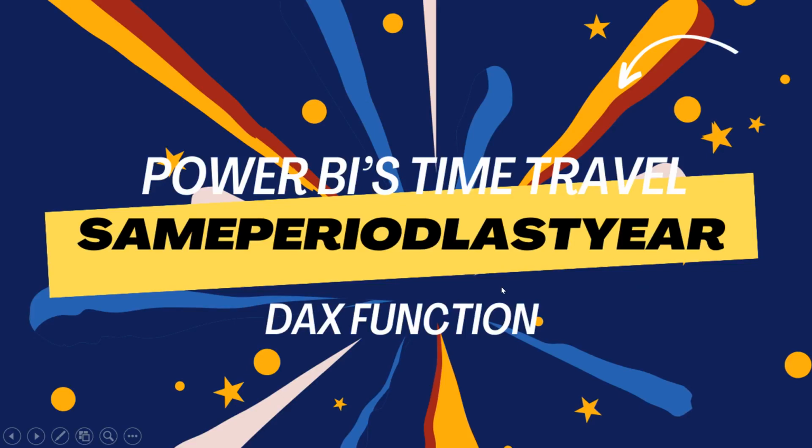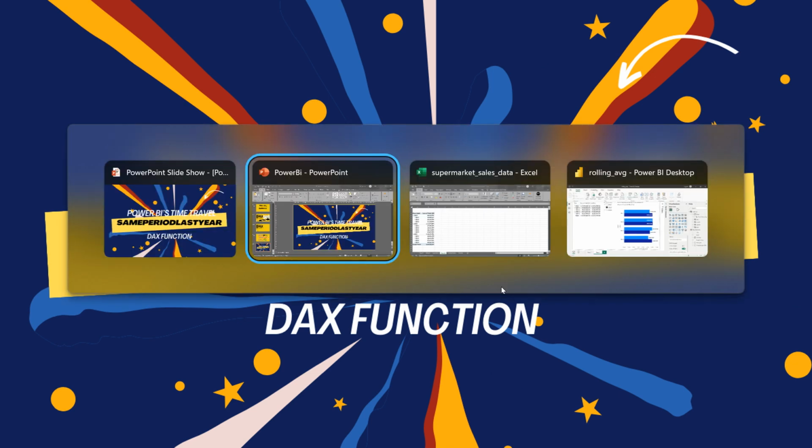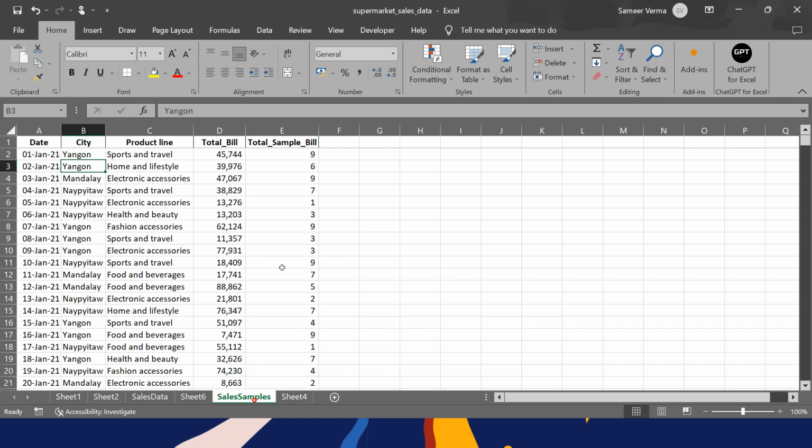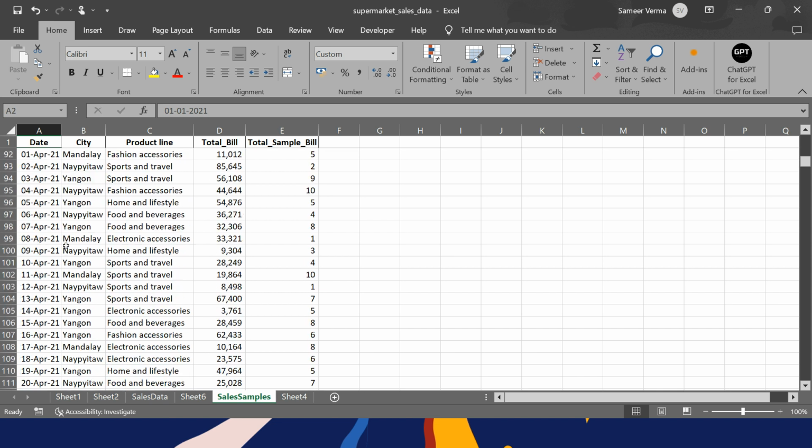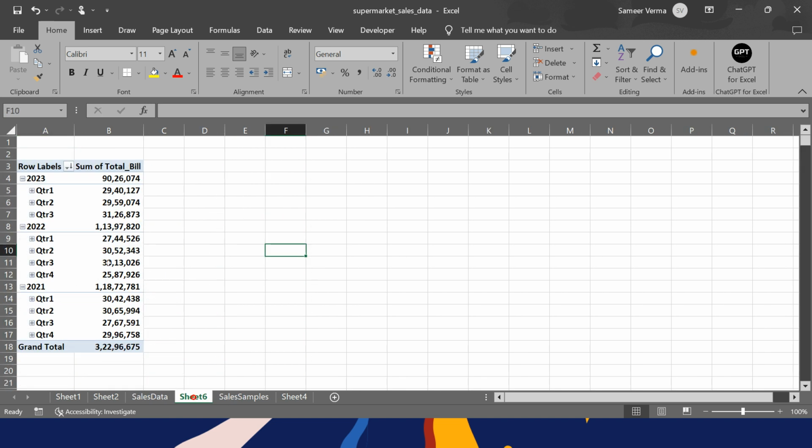Everybody, now get ready for a time travel with the SAMEPERIODLASTYEAR DAX function. Okay, so let me take you directly to the data and help you understand what exactly it is. For example, you have this kind of data, where there is transactional data for each of the day, and now you want to do the analysis by quarter, so you will end up creating a